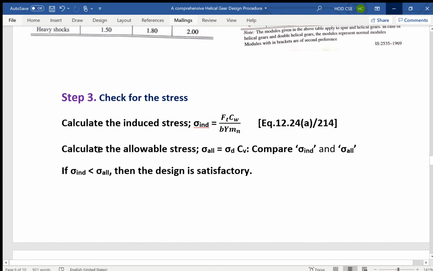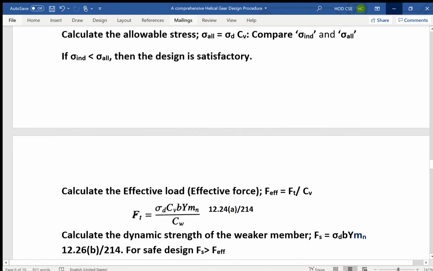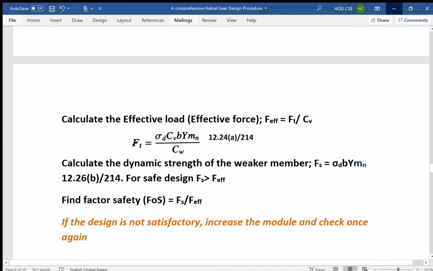So next we need to calculate the allowable stress. Sigma allowable is equal to sigma d into Cv. So next we need to compare sigma induced and sigma allowable. If sigma induced is less than sigma allowable, then the design is satisfactory. The other way of checking the stresses